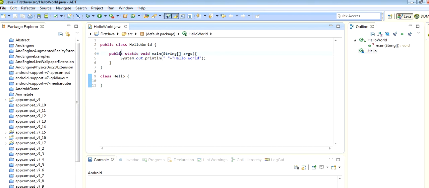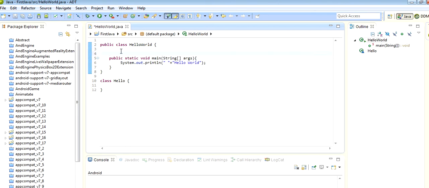Now access modifiers for member variables. We can declare members as private, public, protected and default.